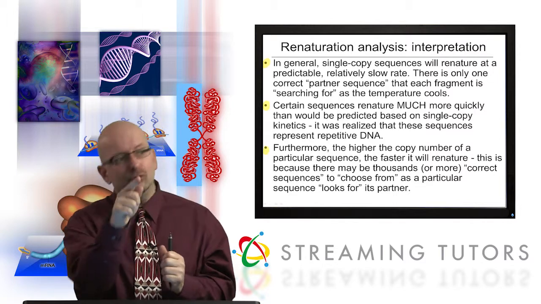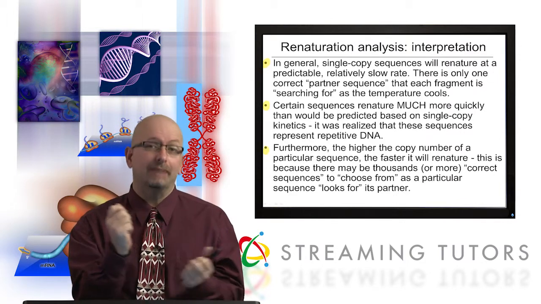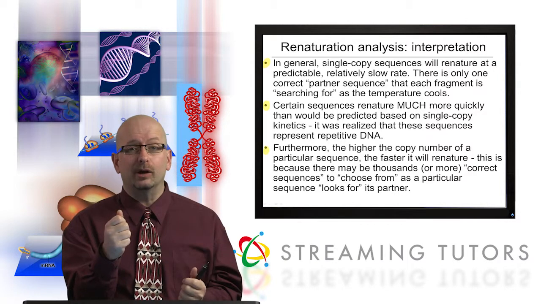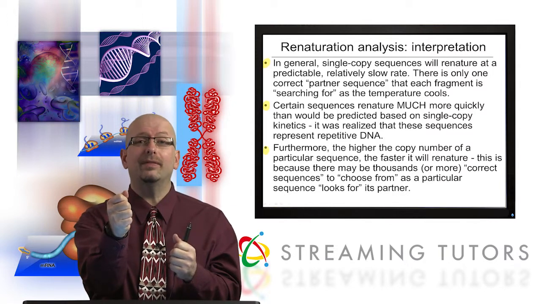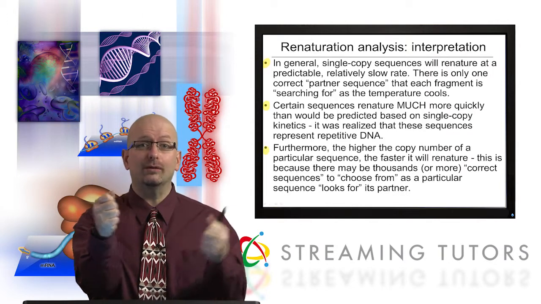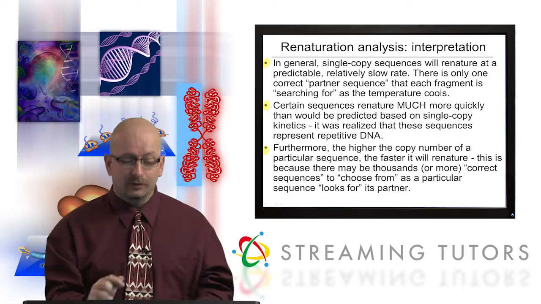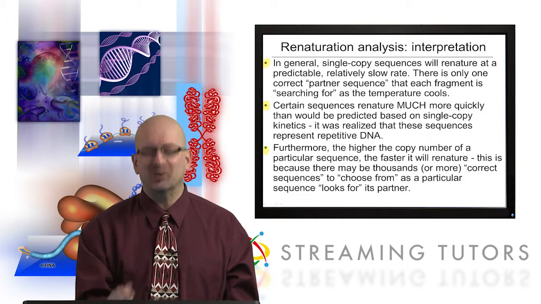When the single copy is looking for its partner, maybe 1 out of 1 million will be able to pair with it. But if you're highly repetitive, I'm just making up the numbers, but for this sequence, there might be 1,000 or 10,000 identical sequences around. So you're going to be finding your partner much, much more quickly, right? So it makes sense, and if it doesn't, think for a minute or go back and